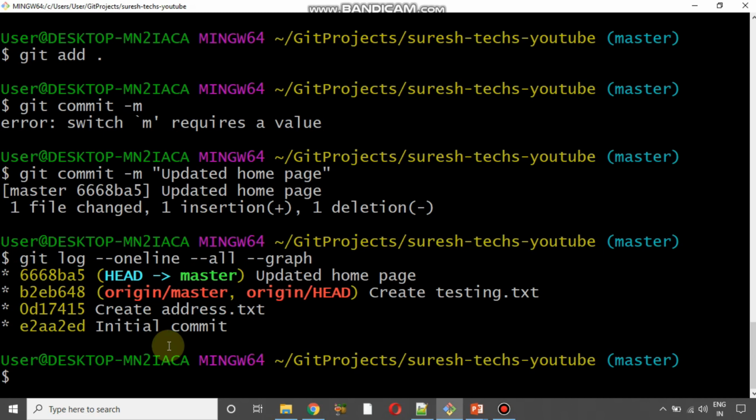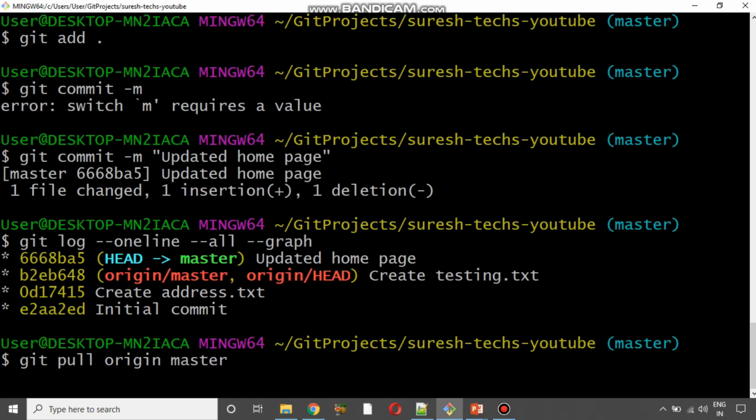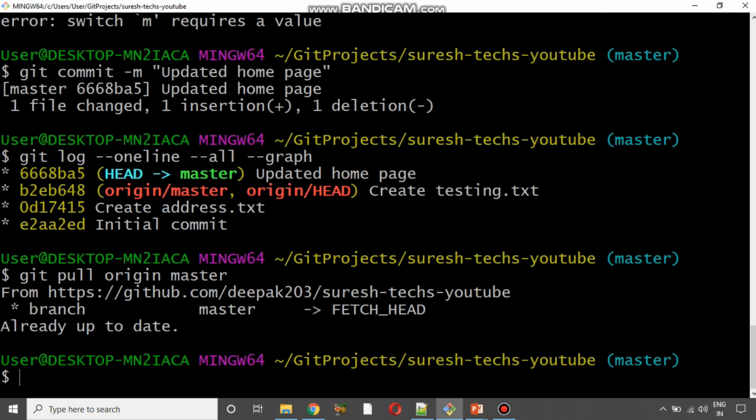And as I said earlier, at any time whenever you would like to push any changes to the remote repository, the first thing that you will need to do is to make a pull. Okay, so I am going to just say git pull origin master. Okay, now it has to say up to date because there are no changes in our remote repository. Okay, so now it will say already up to date. That means there are no changes in the remote repository and we are good to push our changes to the remote repository, right? So now I'll say git push origin master.